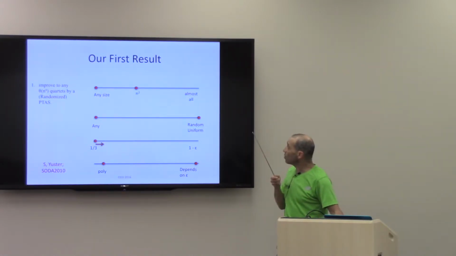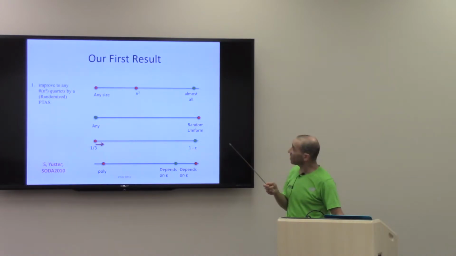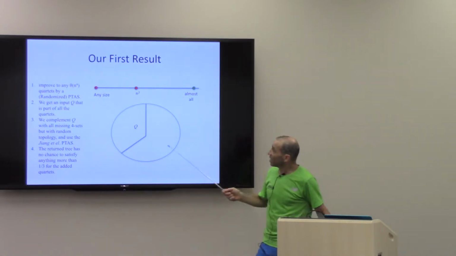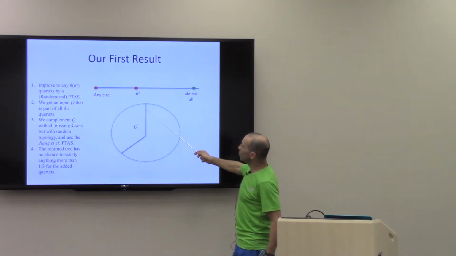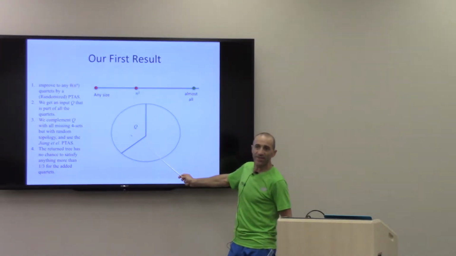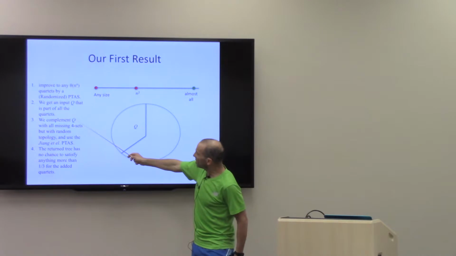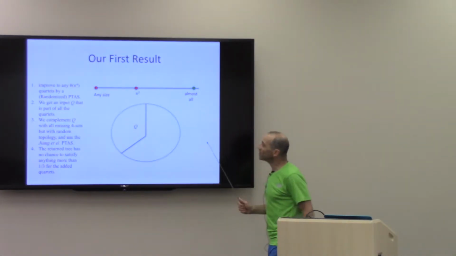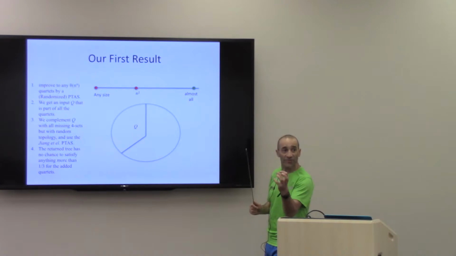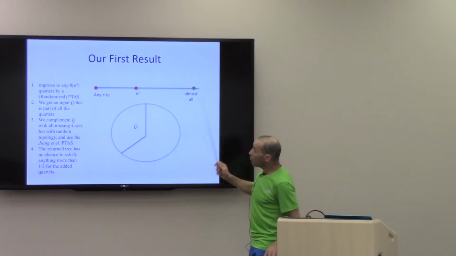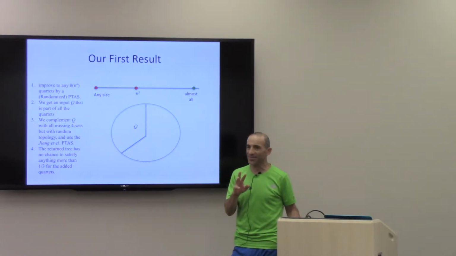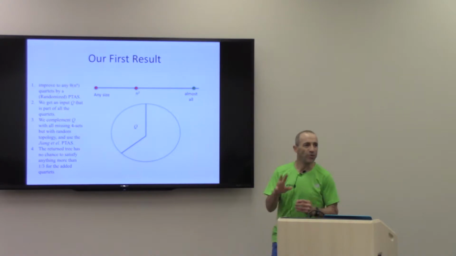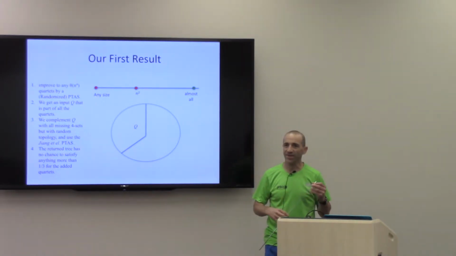So we do the following thing, which I like. Suppose this is your input, this is n choose 4, and this is your input. We complement Q with all missing 4-sets. Every 4-set that is not in your input, we add it with a random topology. Remember how many topologies a quartet can have? Anyone remembers? From yesterday.